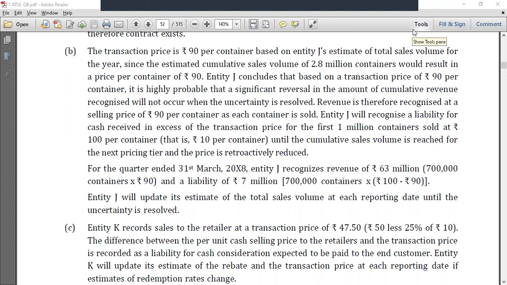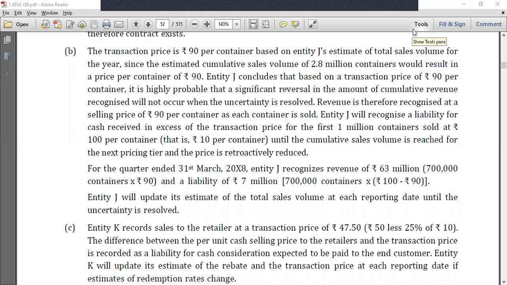Since the estimated cumulative sales volume is 2.8 million, which is between 1 million and 3 million, the containers would result in a price of how much? 90 rupees. Entity J concludes that based on this transaction price of 90 rupees per container,